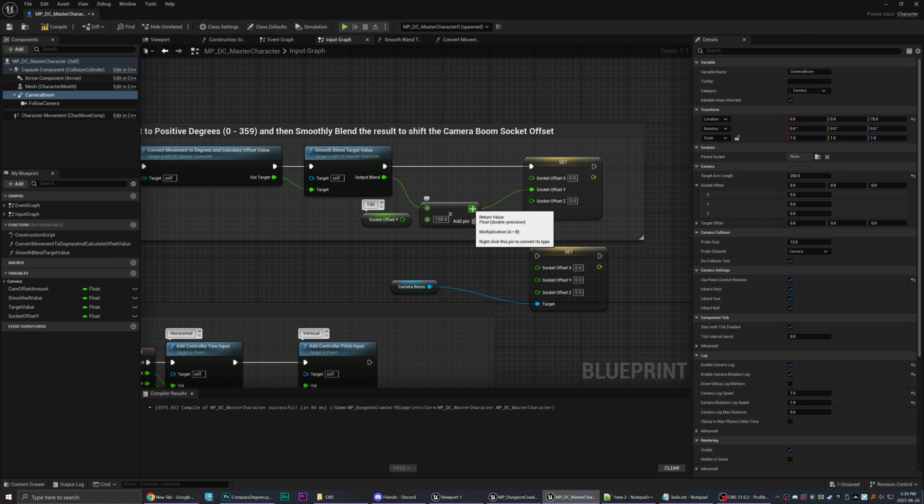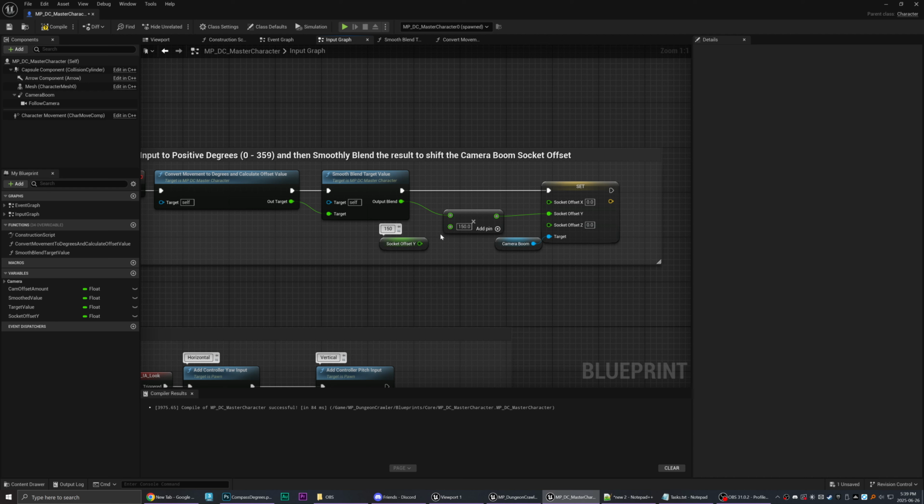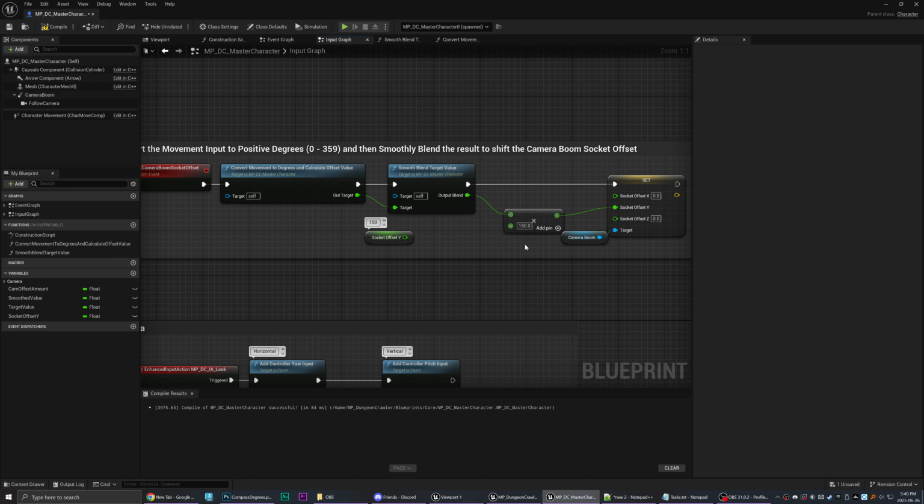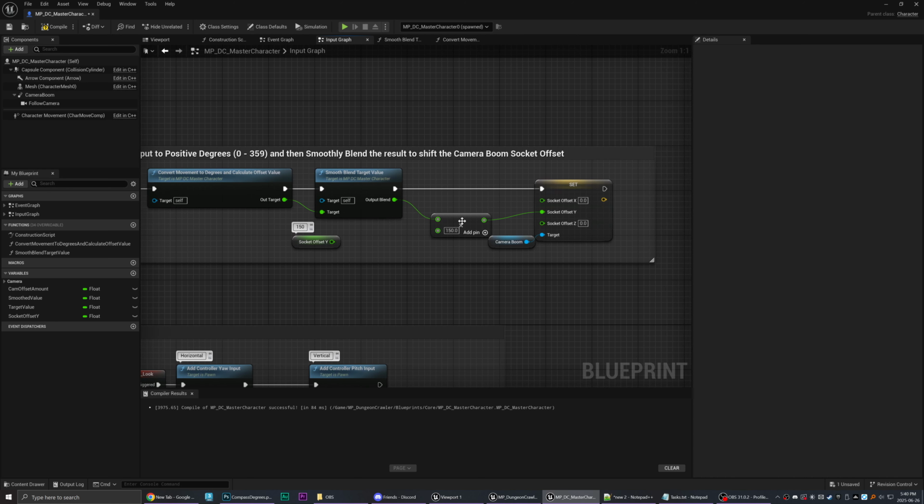Now, the reason why I created this as a variable is because this is what's called a magic number. If somebody else were to look at your blueprint code, or if you didn't look at this code for 6 months and you come back, you're going to be like, why am I multiplying by 150? That doesn't immediately make sense. So you always take these and promote them to a variable so that they're no longer a magic number.